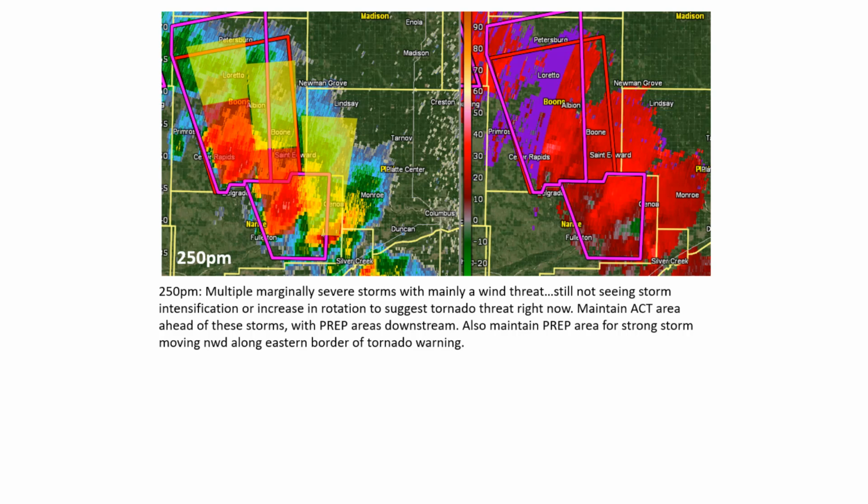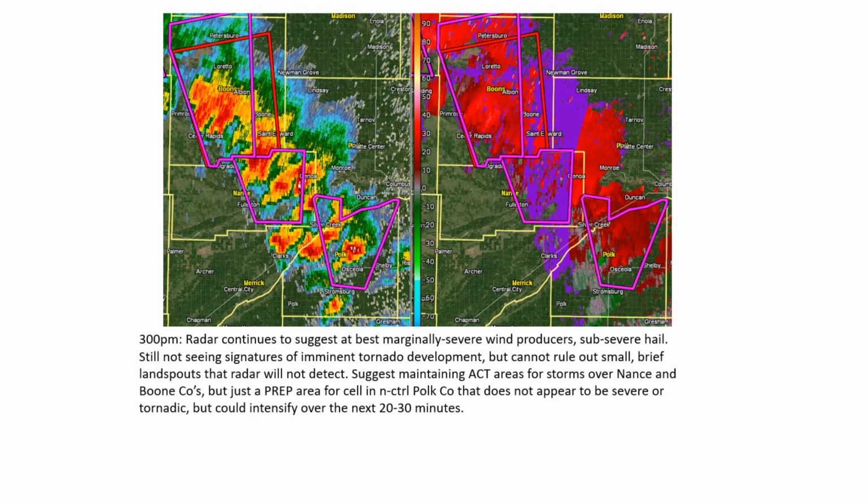We still have that intense storm at the eastern edge of the tornado warning that's not yet severe, but has the potential to become severe over the next 15 to 30 minutes. And so we have a prepare area for that, as described in the chat message. By 3 p.m., we continue to see multiple intense storms with a wind and hail threat, but still not seeing any kind of imminent threat of a tornado at this point. So we would maintain the same action areas in red, prepare areas further downstream in yellow as given by the